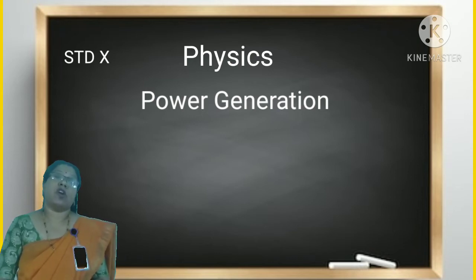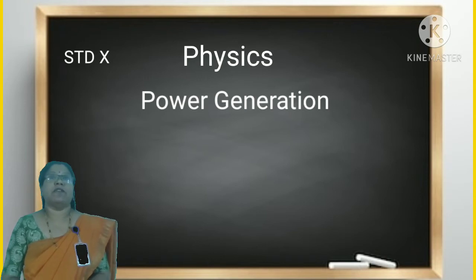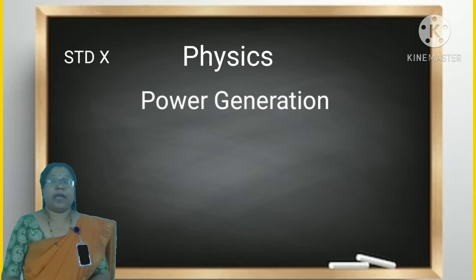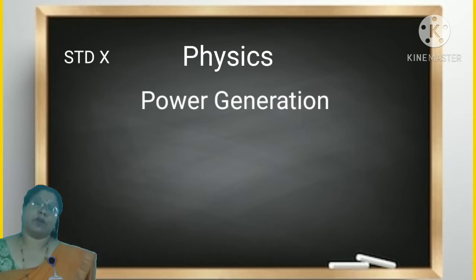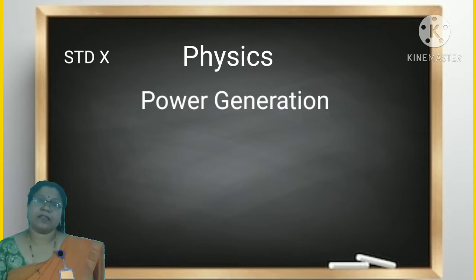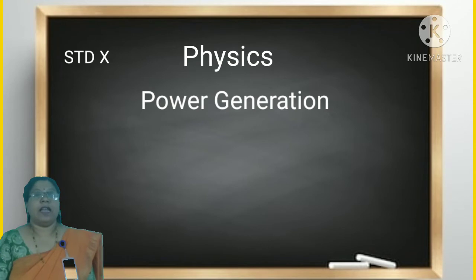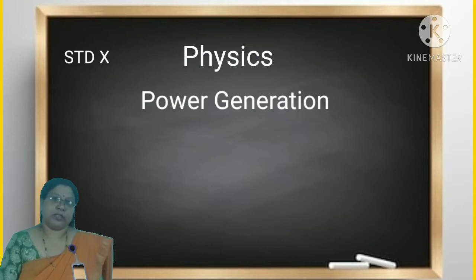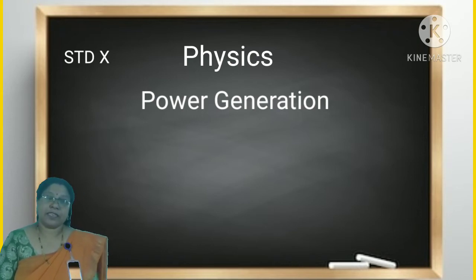Electricity is produced on a large scale by the principle of electromagnetic induction. So AC generators are used for producing electricity. So where is this electricity produced on a large scale? Electricity is produced on a large scale in large power generators or power stations. So what is a power station? A power station is a place where electricity is generated on a large scale.